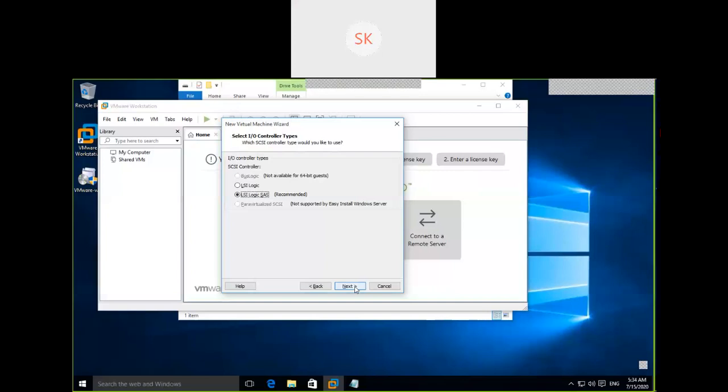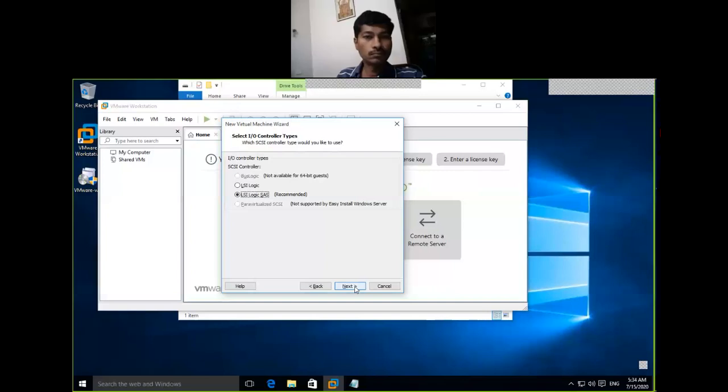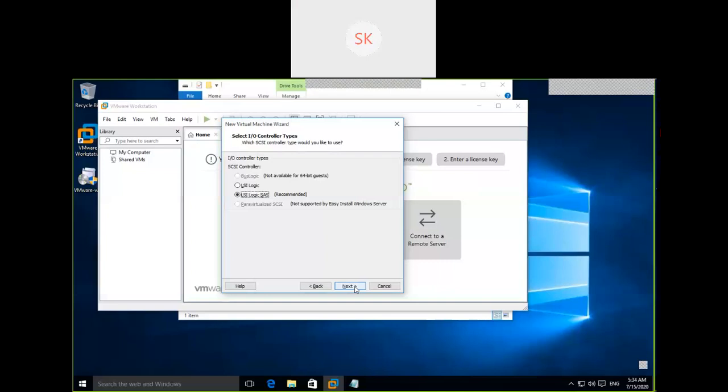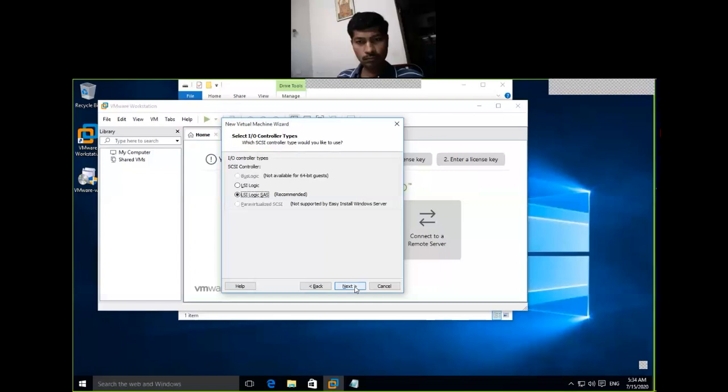What is the difference between controllers? They provide performance like throughput, or in another way, they increase the read and write capacity. Like I said, there are two adapters available here for us: LSI Logic and LSI Logic SAS. We'll go with the default one because if you select LSI Logic, it is slightly lesser performance than the one which is currently selected. Okay, proceed with next.